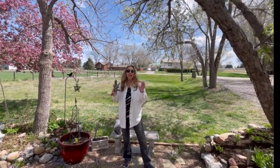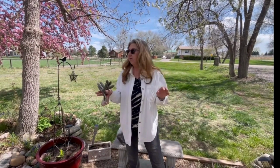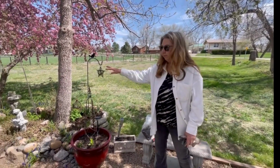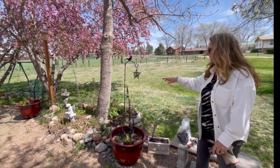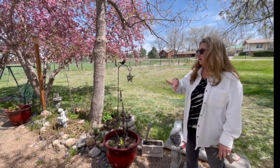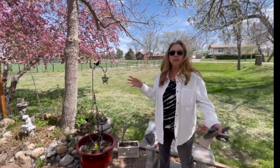Hello, my friends. Well, this week we are starting this week's episode off here in the front yard, which is our Zen garden. Most of the time you see us in the back, but we made this our Zen garden so it was a pretty carefree zone that we don't have to do a lot of work out here, even though Ed was just out here weeding a little while ago. But today I want to share with you, we have a couple of big pots out here that are hooked up to our drip system, and to talk about how you can look at gardening differently, of course, depending